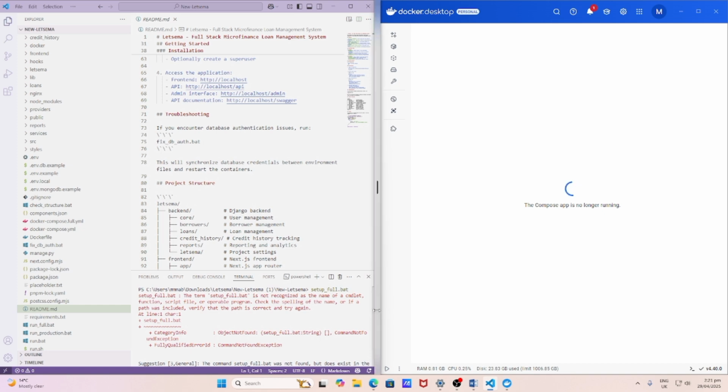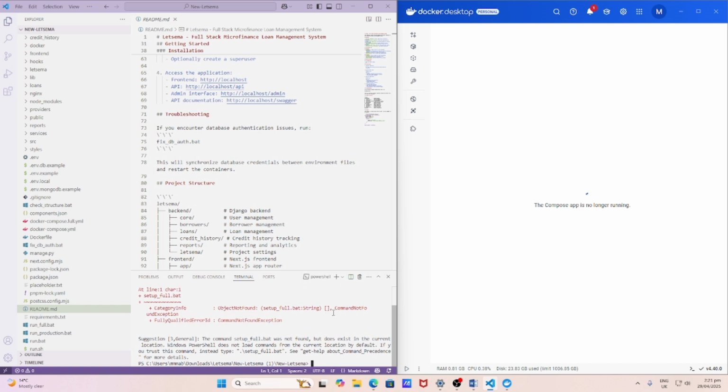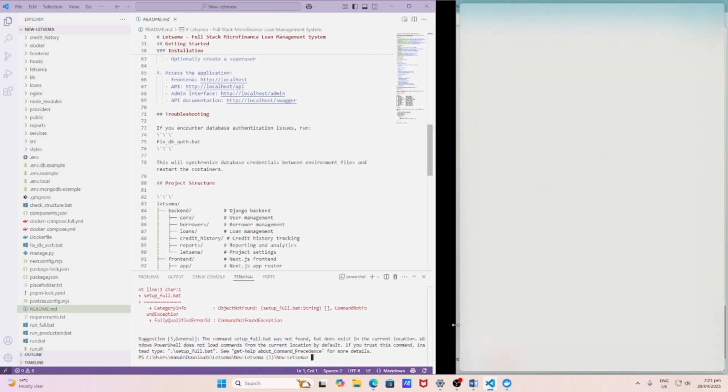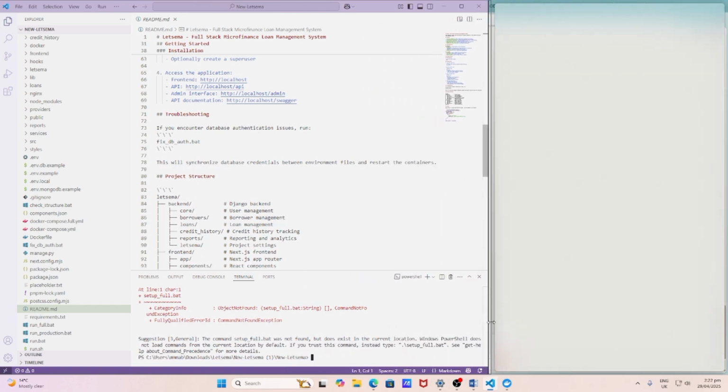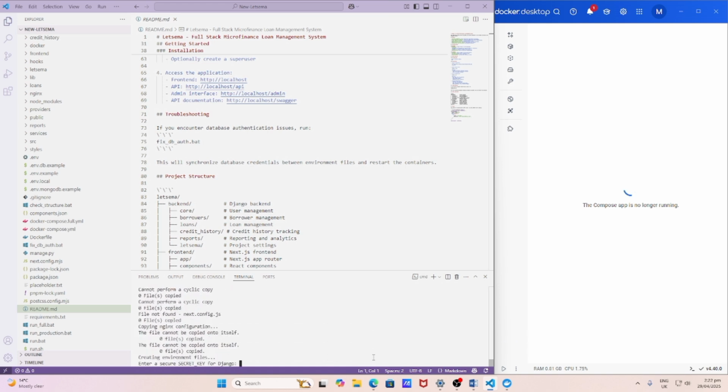So as you can see, we have already started. We got the error there because we had to start with a period slash, then the name of the script together with its extension, and then we'll see that everything will run smoothly. Here it goes. And then we start entering the Django